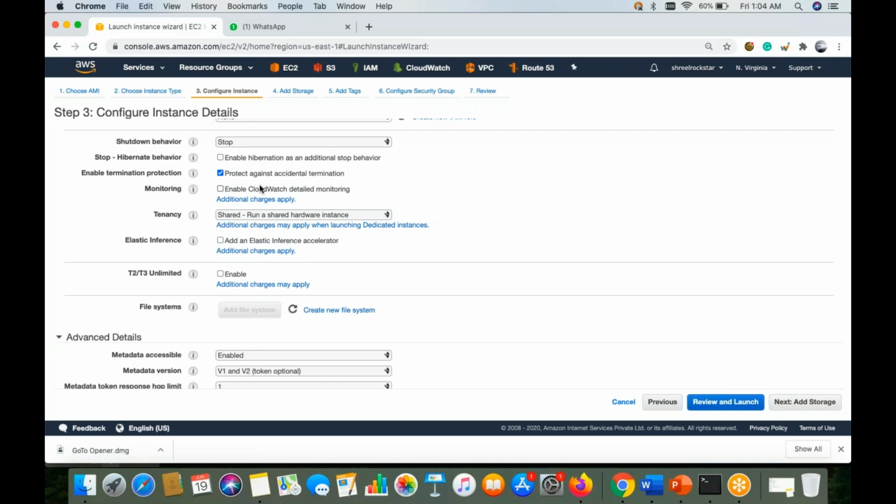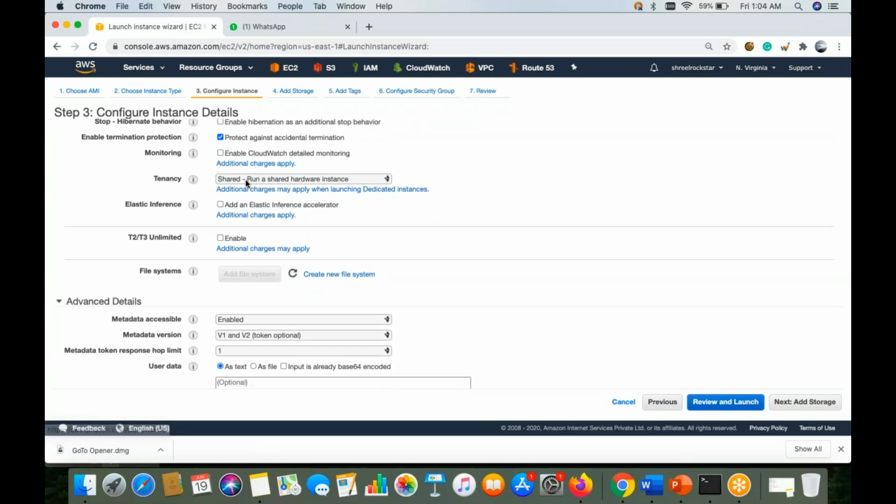Nowadays CloudWatch is more customizable, so you can customize as much as possible to get your application logs, apart from the infrastructure, which is by default. If you enable this, you can have monitoring in seconds as well. If you don't enable it, then 5 minutes is the default threshold, which is free of cost. So we are not going to enable it. I'm just telling you the option, because additional charges apply.